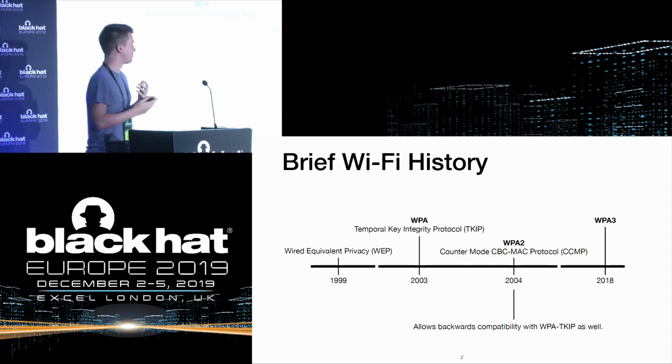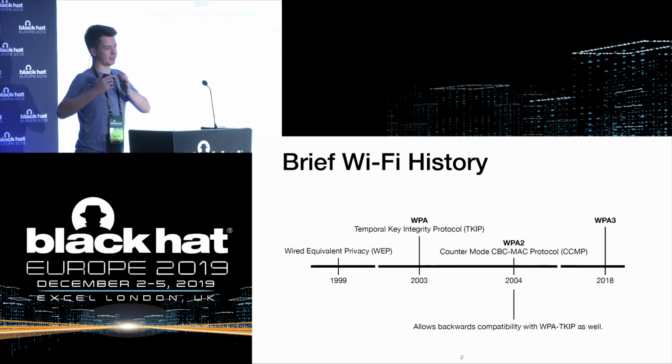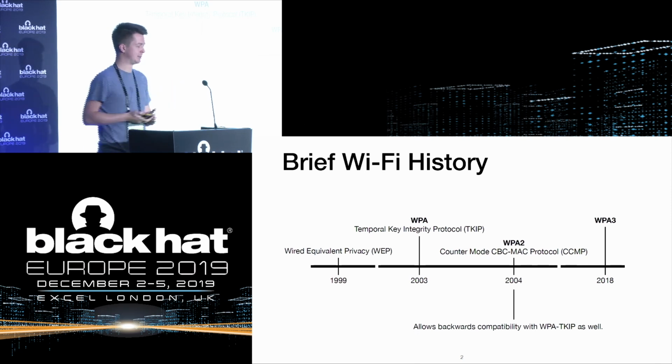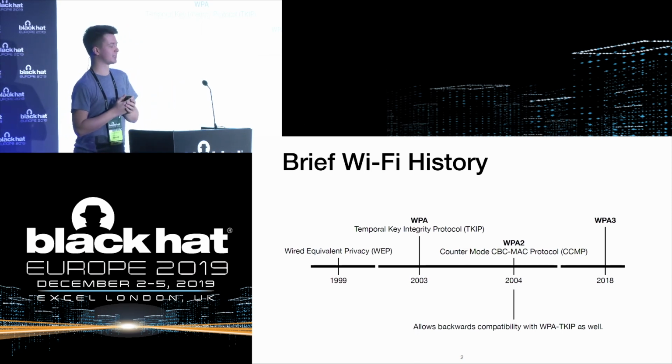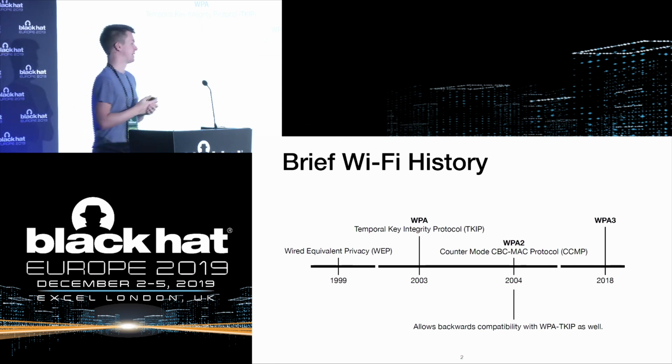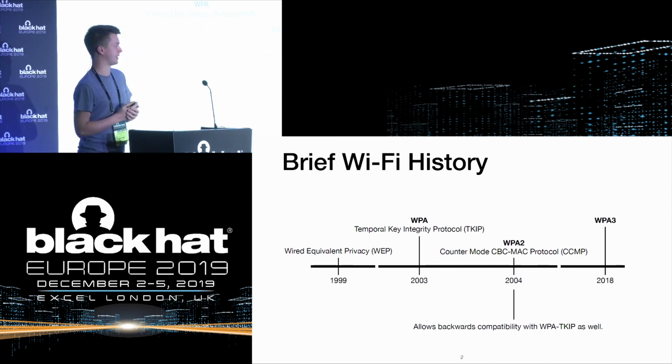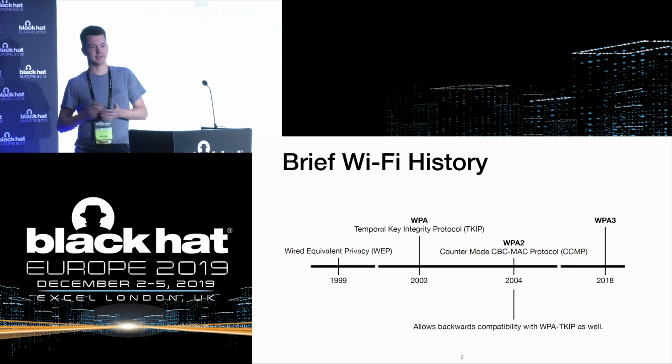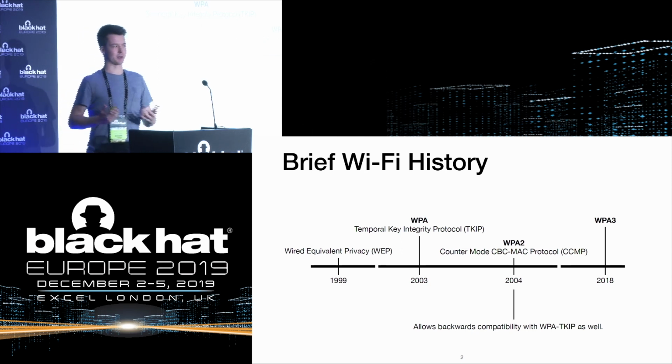And this was an intermediate solution because they wanted this enhanced security to be able to run on older hardware of devices that were designed to run WEP. After this, they came up with the CCMP protocol, which is known as WPA2, which is now used most of the time. And then we have WPA3 since last year. So if you look at this timeline, we see that the TKIP protocol was already announced in 2003. Yet, I am here today still talking about this.